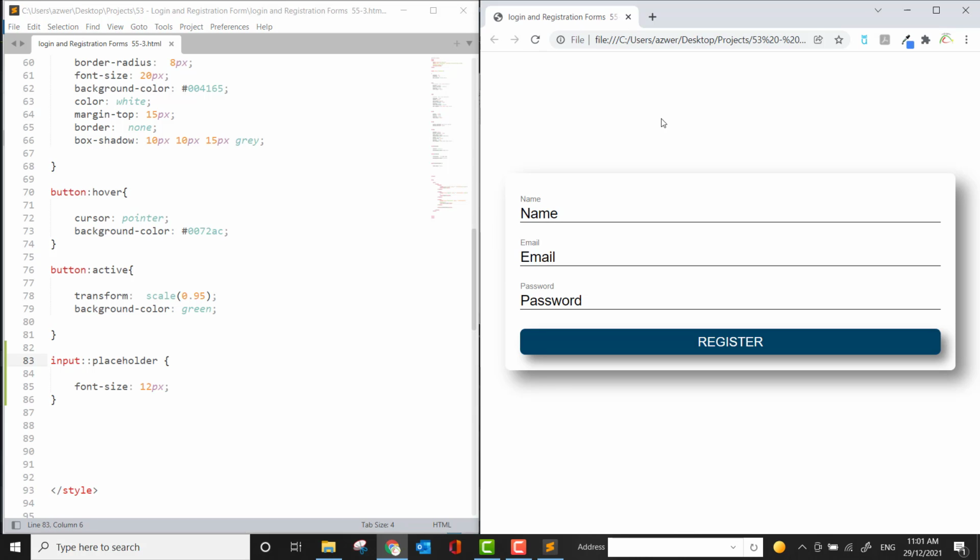To achieve what I want to achieve, I will have to make another change to this placeholder. If you notice, when I click into this input field, the placeholder is still visible. When I start typing into the field, it disappears. I need to make sure that the placeholder disappears as soon as the input field is clicked, and to do that, I will say input